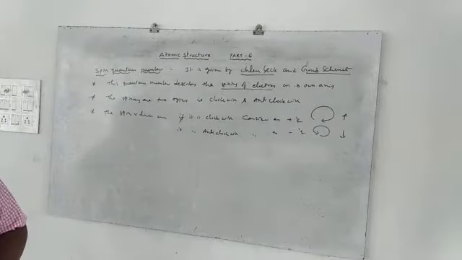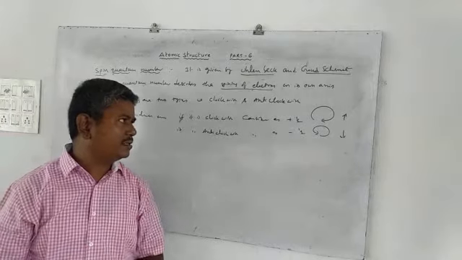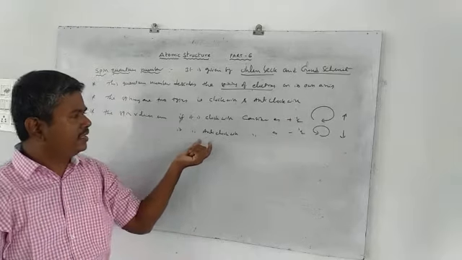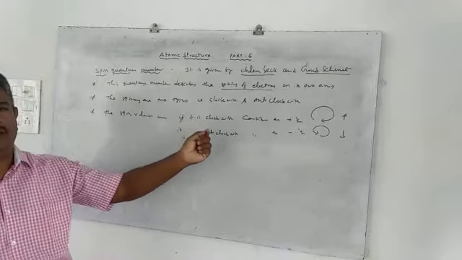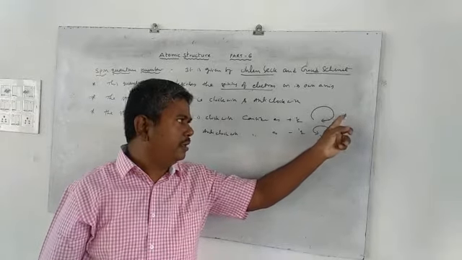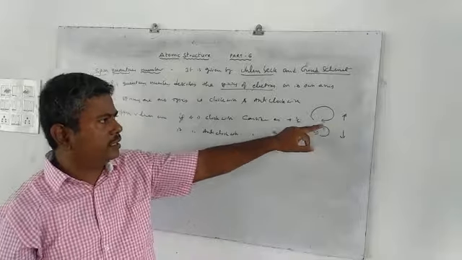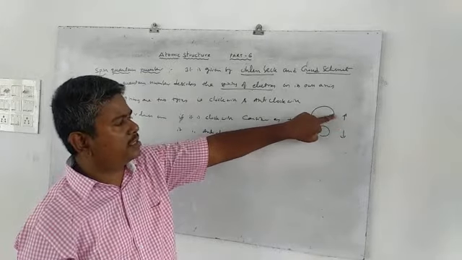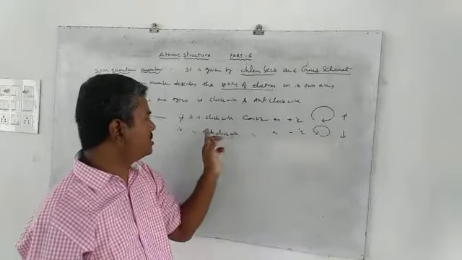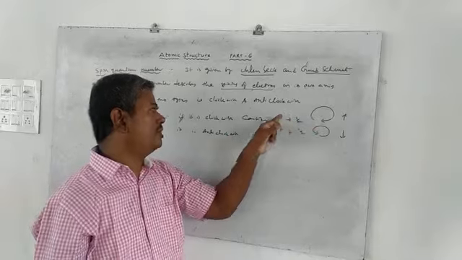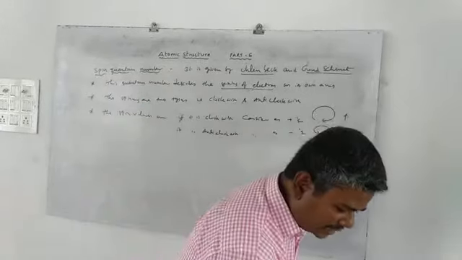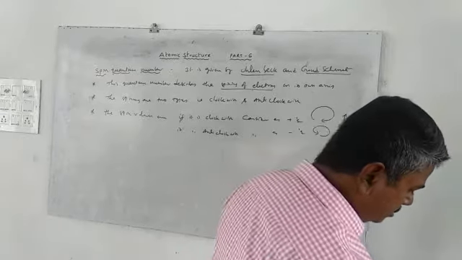So if an electron spins on its axis in clockwise, that value is plus half, and if it is anti-clockwise, that spin value is considered as minus half. While denoting the electron, we use an upward arrow and a downward arrow. Upward arrow shows the positive value, which is clockwise, and downward arrow shows the negative value, which is anti-clockwise. That is the spinning of the electron, as well as the electron angular momentum.